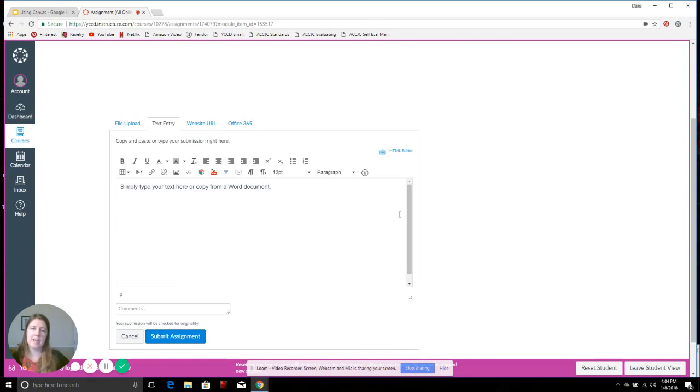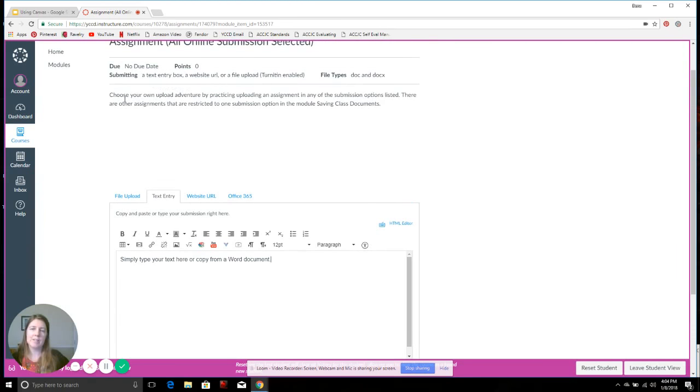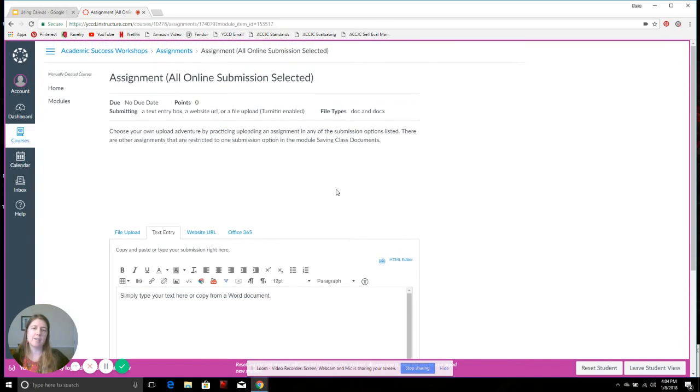So occasionally I see that. Usually I don't see an instructor has it set up so you can do all at once. We just set up this one just so you can practice, and you can even resubmit the assignment. In this case, not all teachers have assignments set up where you can resubmit them because it always depends on their goals. So let's go back